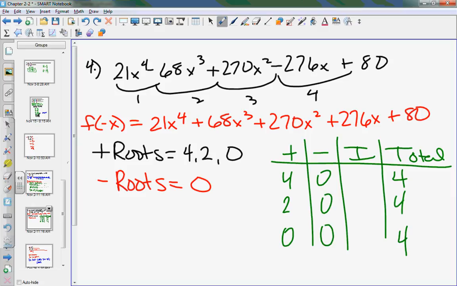So how many imaginary are left for the first case? 0. How many for the second? 2. How many for the third? 4. Which one is it not going to be? It is not going to be this one because in order for it to be the last one, I have to give you at least one of the roots, right? I didn't give you any of the roots, therefore you cannot do the problem. Which means,